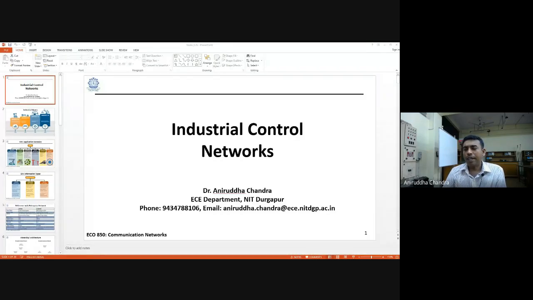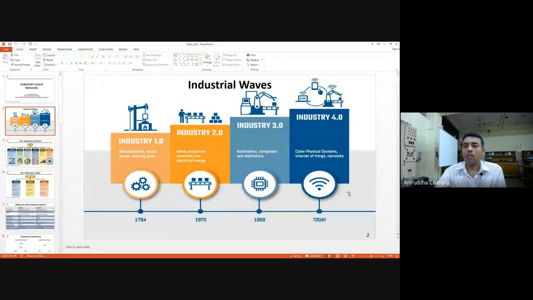Now, when you have any kind of industry, there are a lot of things to control. And let me try to give you an idea of how the industry evolved. Nowadays, we talk a lot about Industry 4.0. So what is Industry 4.0? What are the generations of this industry and how did it evolve? Just like 1G, 2G, 3G, 4G, or 5G, we also have generations in the industrial domain as well. So that's our next slide, or rather the first slide.